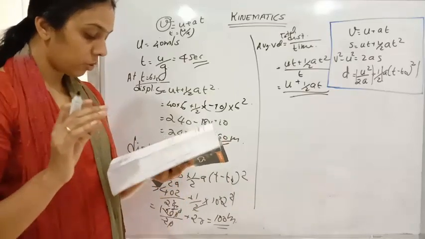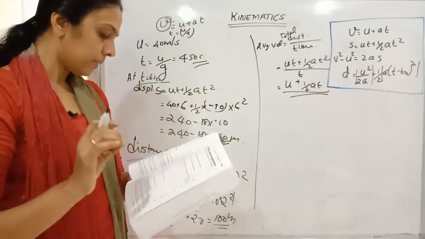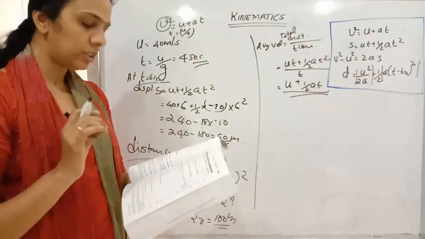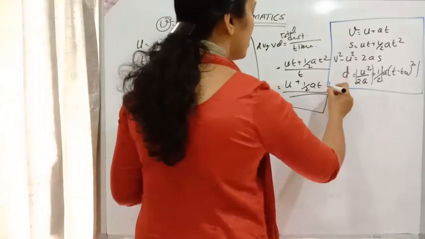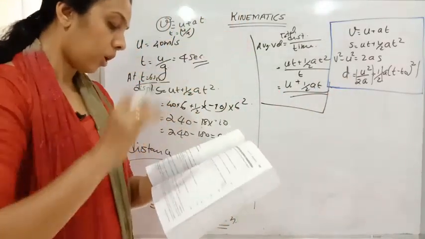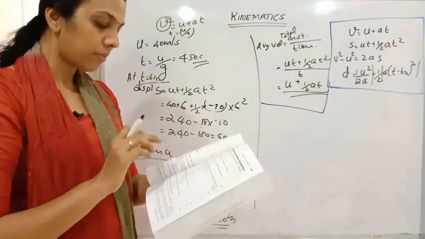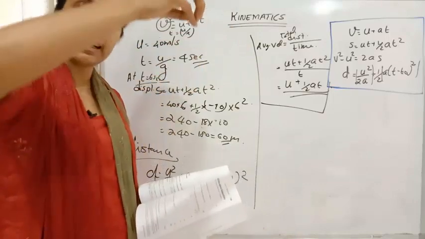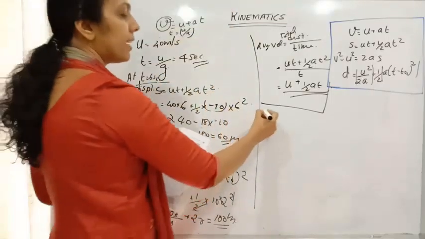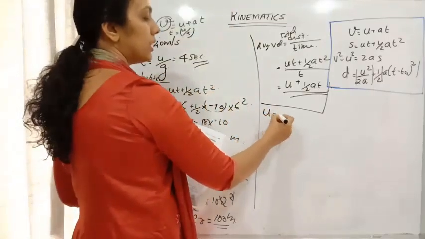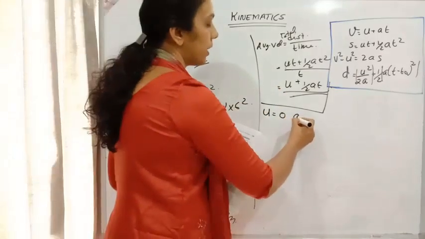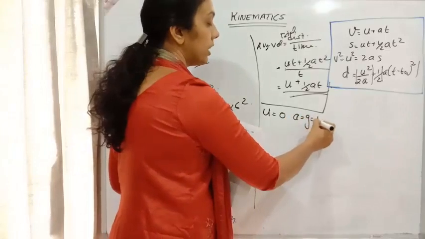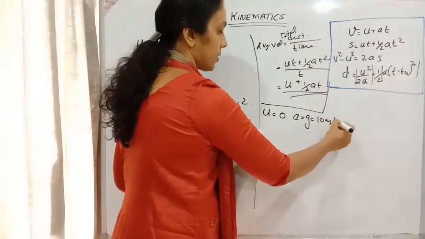Find the average velocity of the particle when it is released from rest from a height of 125 meter, over a time interval till it strikes the ground. We should find out the average velocity here. So here we are dropping one object. It is released from rest, which means initial velocity is equal to 0. And acceleration, since it is moving in the downward direction, g equals 10 meter per second square.